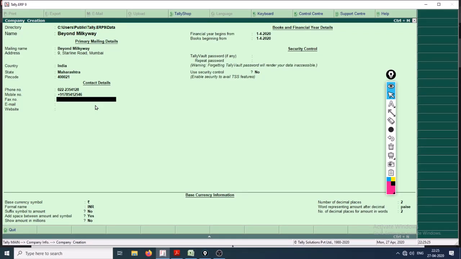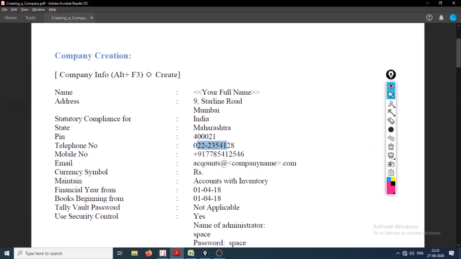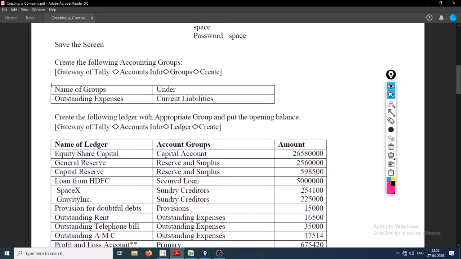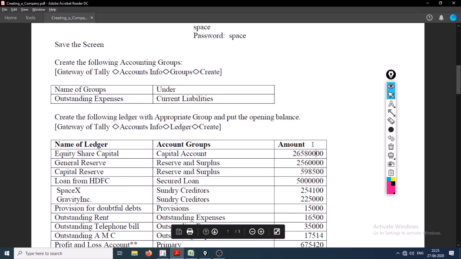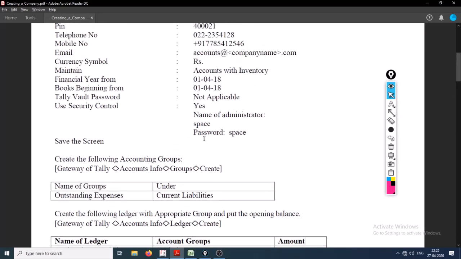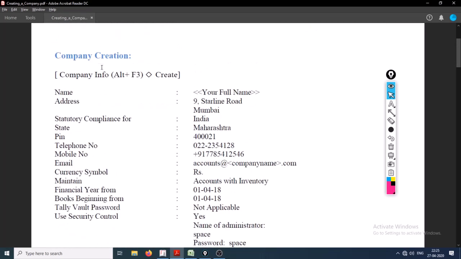Now you can enter your own name, telephone numbers and directory. It doesn't really matter. What really matters is when we move on to the next part, this part right here, which needs to be the same. So you can imagine your own currency here. Suppose you live in the USA, you can imagine dollar. Suppose you live in Europe, you can imagine euro. It really doesn't matter, but when you choose the currency symbol, kindly choose the currency symbol for your country. Well, it will automatically choose, so you don't have to worry about that too.